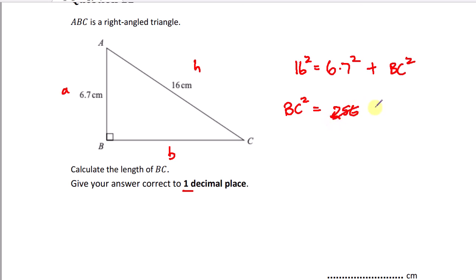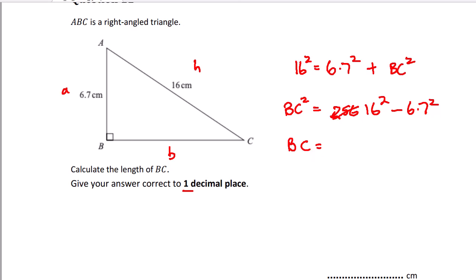In fact, I'd stick to the 16 squared. Take that to the other side and it's going to change sign, so we're going to subtract. Because we're doing the equals, I am allowed to just swap those two over. If it was inequalities, that's a dangerous trick. So BC